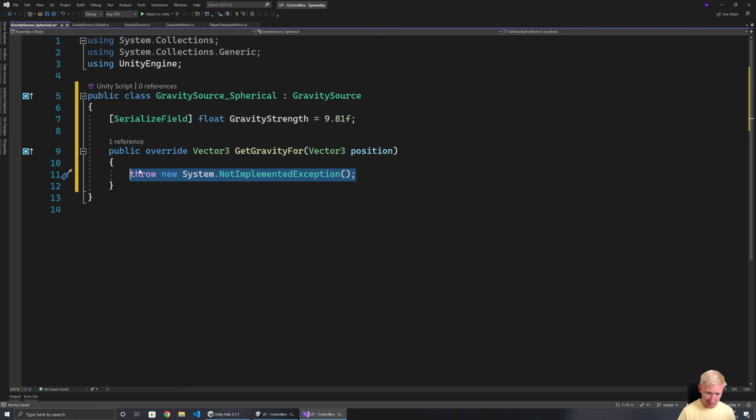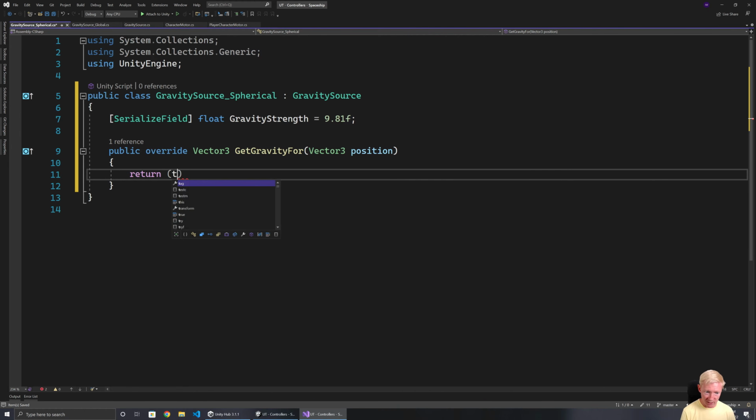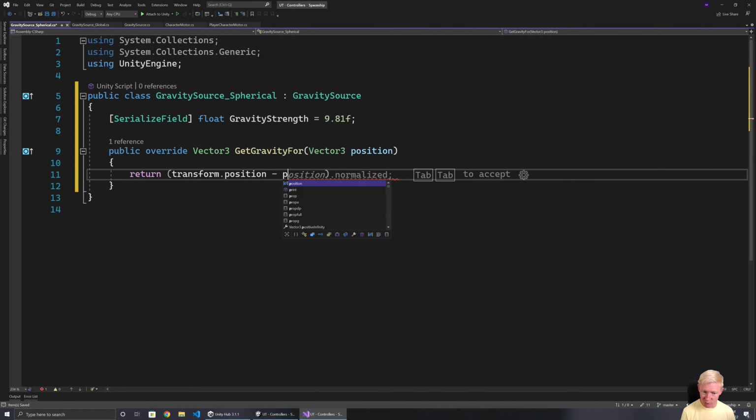And then what this will do for now is we take our transform position, we subtract that position that's been provided, and we normalize it and multiply that by the gravity strength. That's going to give us a force, or acceleration, that is heading inwards towards the center of